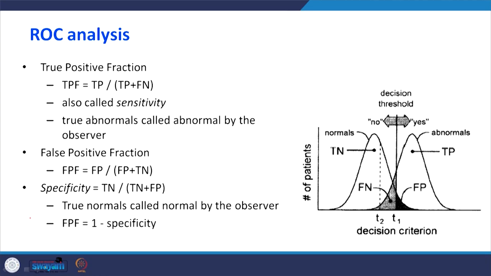As I told you, in the curve which I showed previously, see this portion is abnormals, persons having the disease. If you predict exactly, it is a true positive. Sometimes a portion actually belongs to the normals category, but since it is lying on the abnormal side, we give a report saying that you have the disease; that is a false positive.